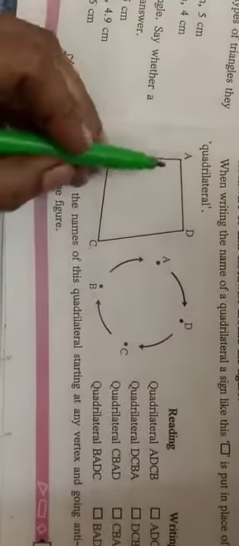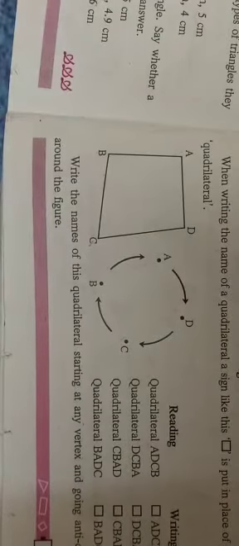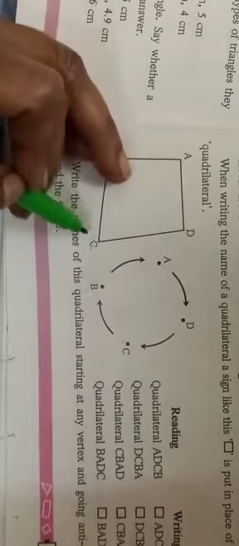So I will name the quadrilateral now with respect to vertex A. I had taken, as I said, A, D, C, B. Now I will take A, B, C, D. This way also I can name with respect to vertex A. And you know all the time we are writing quadrilateral A, B, C, D. So purposely they have written here A, D, C, B and they have asked you to name the quadrilateral going anti-clockwise around the figure. So A, B, C, D.